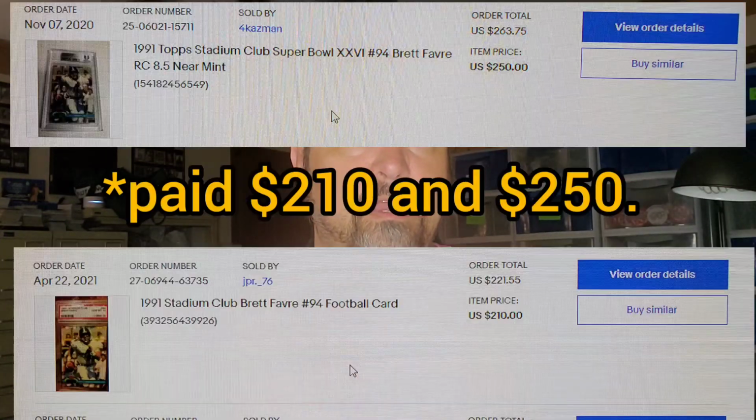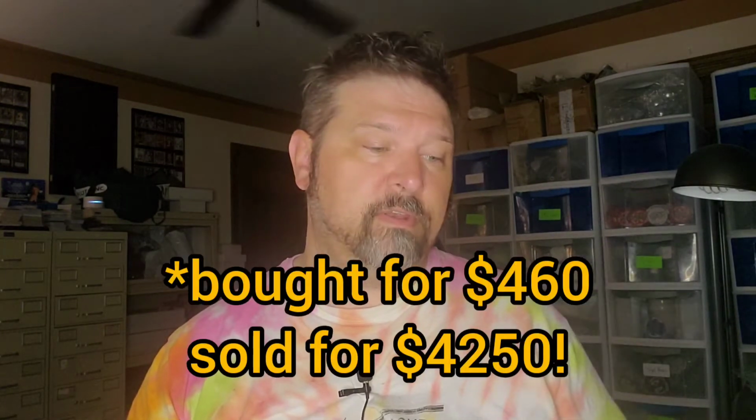I had a gentleman from eBay message me wanting both of the Stadium Club cards. He made me a pretty solid offer compared to my asking prices, which were listed high because I didn't really care if I sold them or not. But the prices he offered were something I didn't want to pass up, especially for the prices I paid for them, and not even that long ago. I think I bought both of those in April. You can see when I bought them and what I paid for them. I'll share some messages we had back and forth, but I was able to complete this deal off of eBay through PayPal. So I had the PayPal fee,